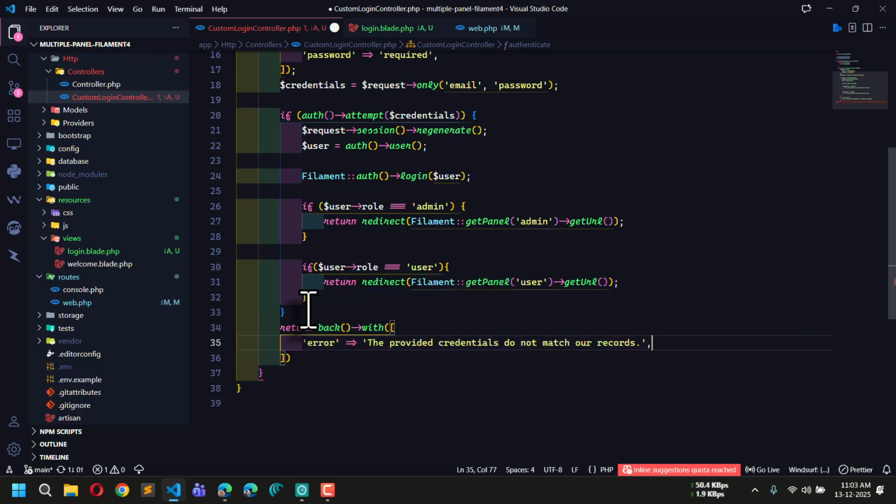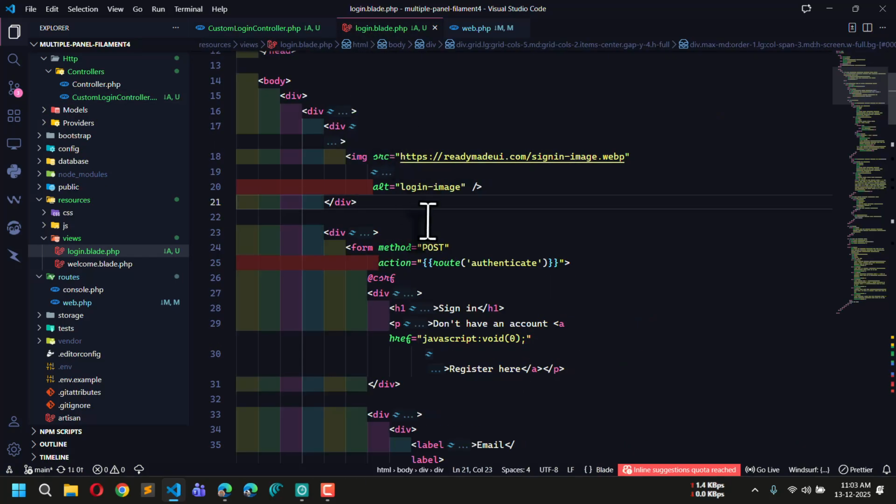The provided credentials do not match our records, or any message that you want to send to the blade view file. And here in the blade view file, what I will do is I'll just